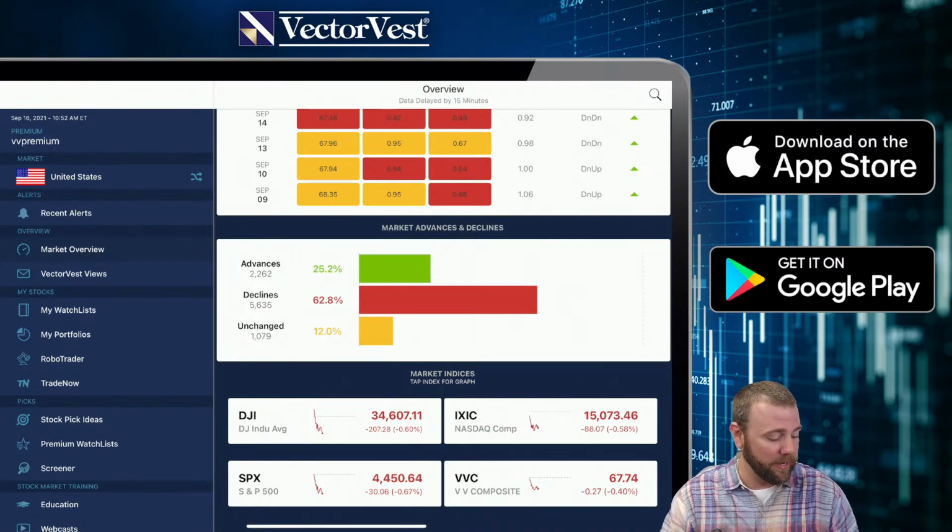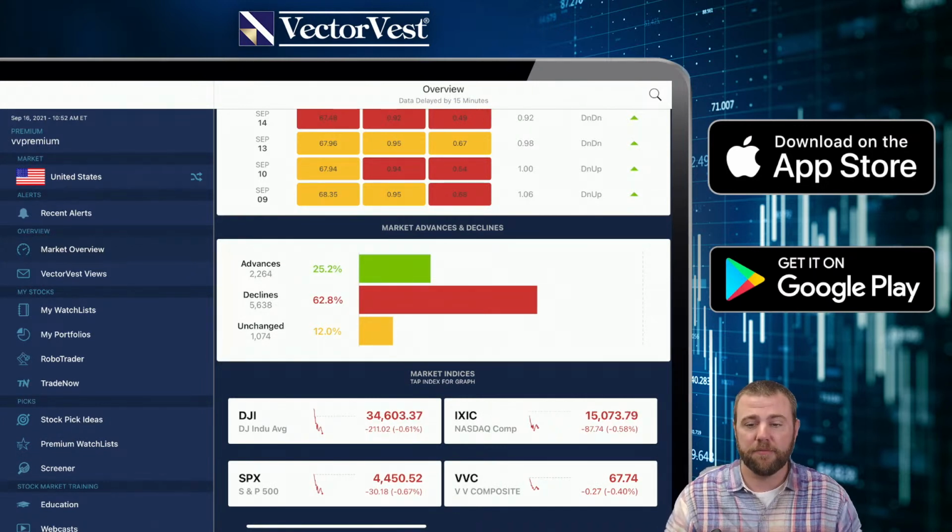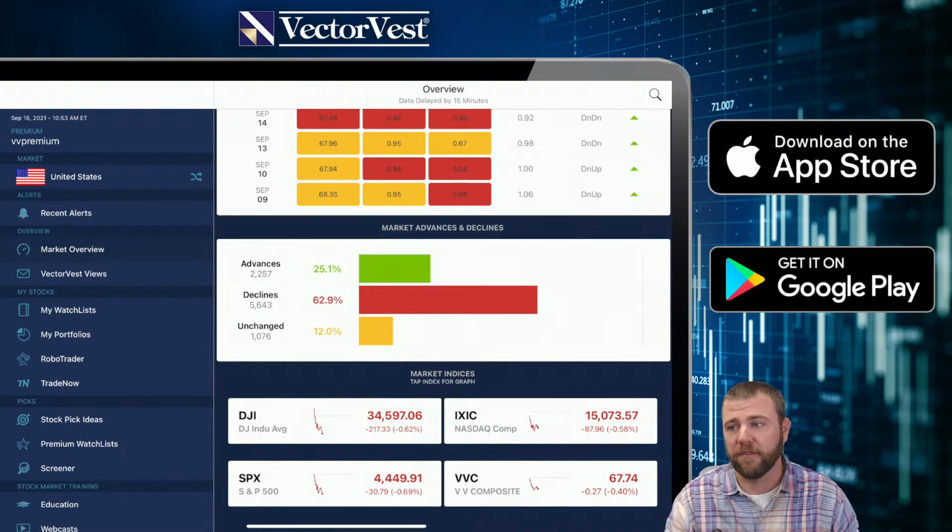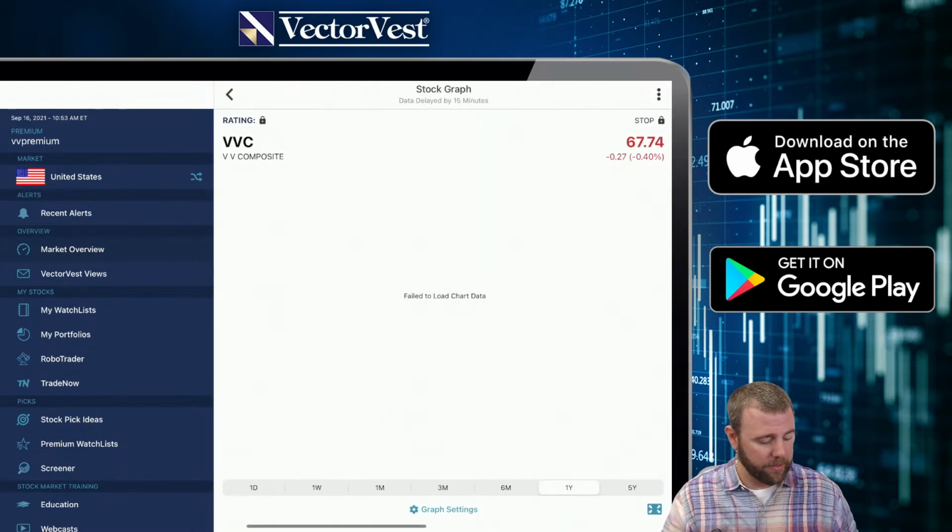All right, so looking at the major indices at the very bottom, the Dow is down about 0.6%, NASDAQ's down about 0.6%, S&P's down about 0.7%, VectorVest Composite down about 0.4% so far for the session. All right, so that's what the U.S. is doing. If we go take a look at the graph real quick at the U.S. market,